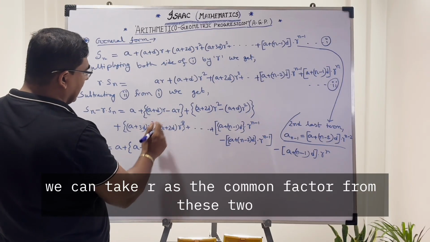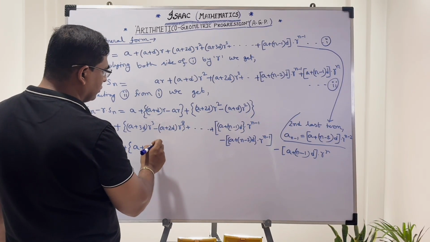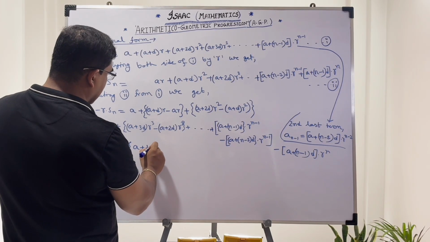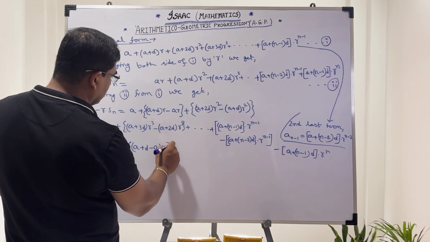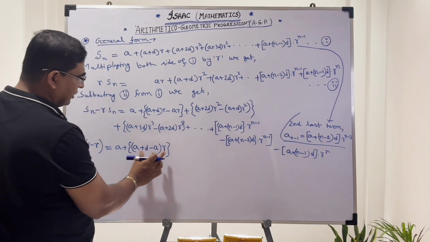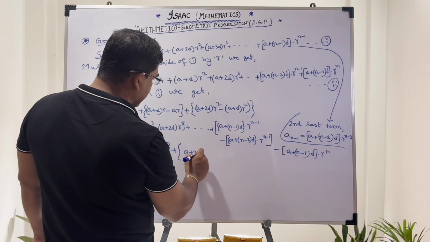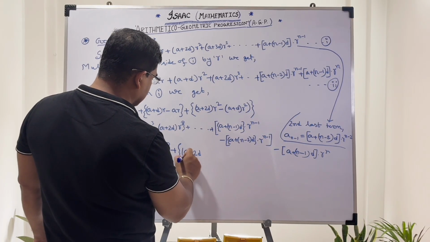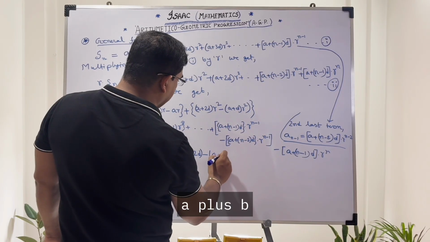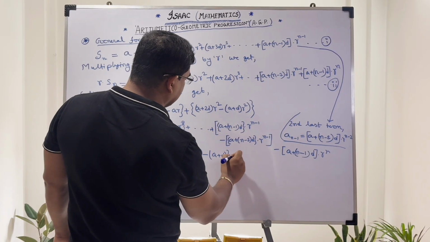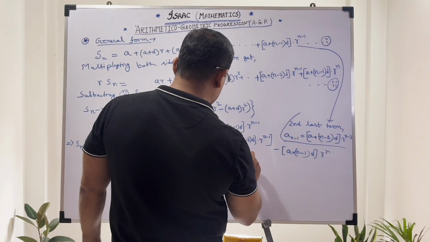We can take R as the common factor from these two, and after taking R common from these two, we get this plus A plus 2D minus of A plus D into R square plus